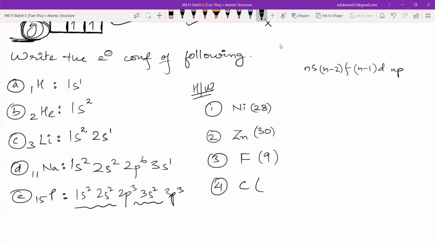Excuse me, sir. Yes, Sumi. Sir, the nickel one, it says 15, but here I count 12. Like 1s2, 2s2, 2p3. Here, the electron count is 15. So 2 electrons are filled, 4, and okay, 2p6. This will be 6, sorry, not 2p3. By mistake, I wrote 2p3. Okay, this will be 2p6. No, it's fine.